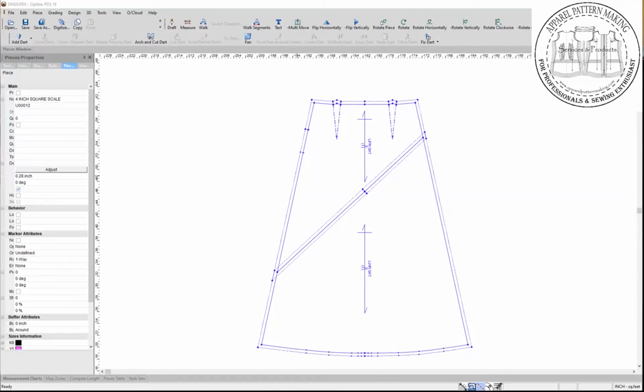See with apparel pattern making. I just have a little quick patterning snippet here for you that I thought I would share. How often when you're making a pattern or adjusting a pattern or using someone else's pattern at all, and